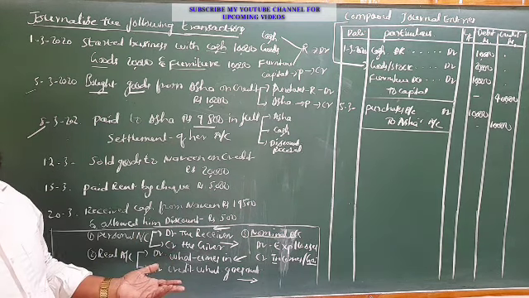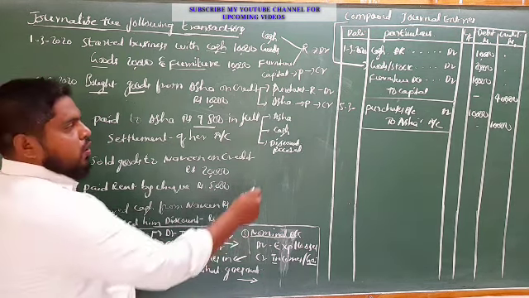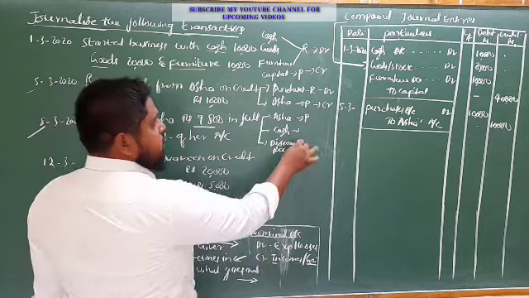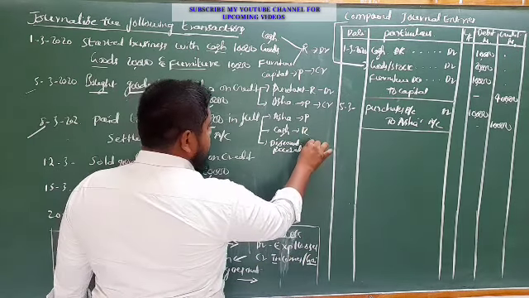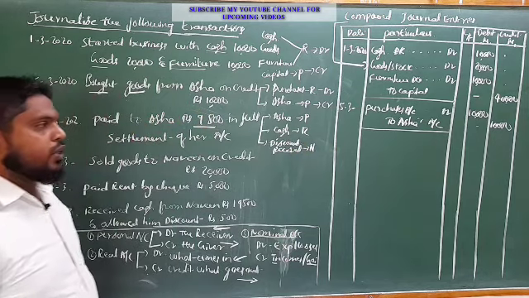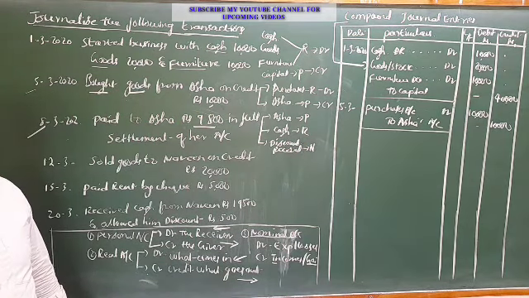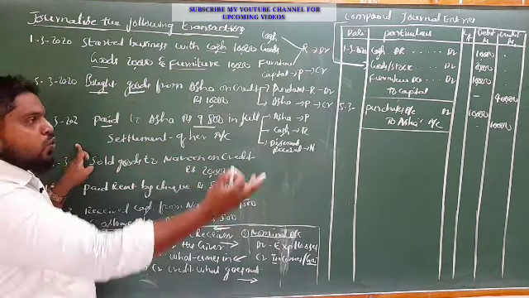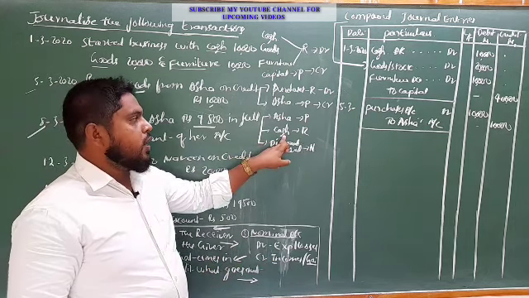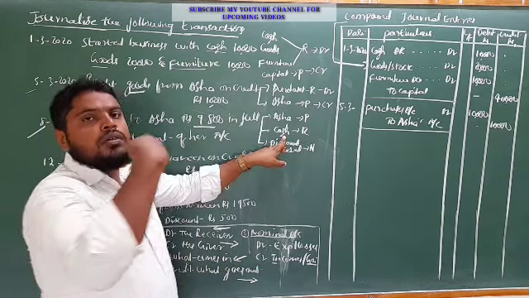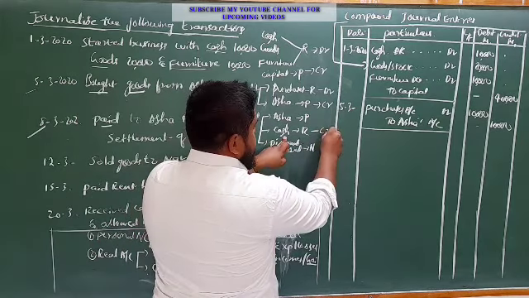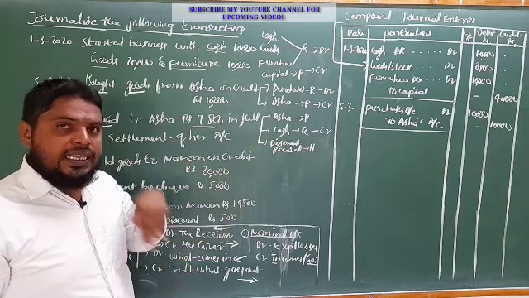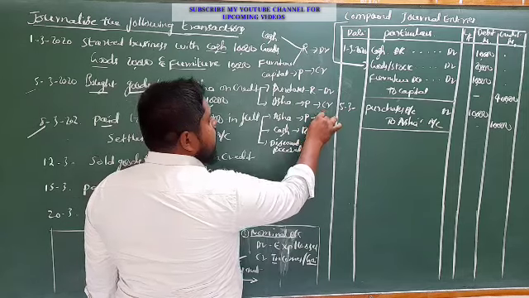Paid to Asha. Asha comes under personal account, cash is a real account, and discount received comes under nominal account. Paid to Asha. Paid means cash is going out here. So cash is a real account. Credit what goes out. So this is the credit side. Paid to Asha. Asha is the receiver. Debit the receiver. Personal account, debit side.